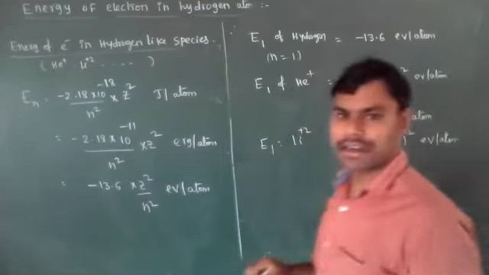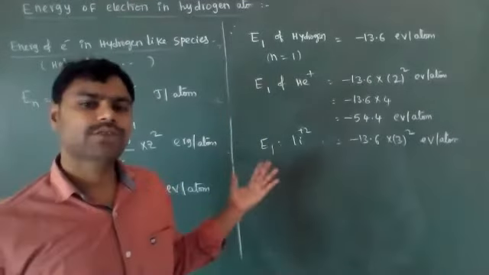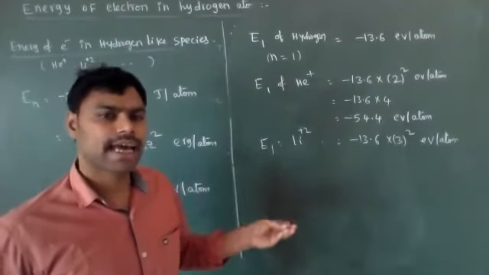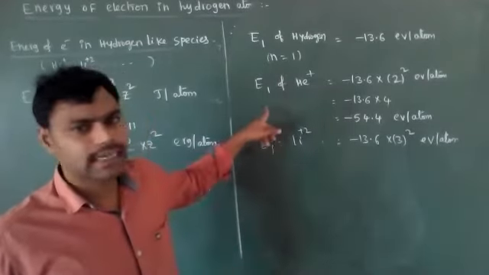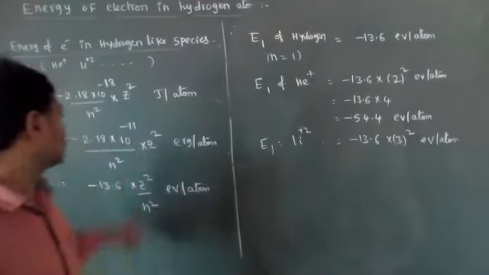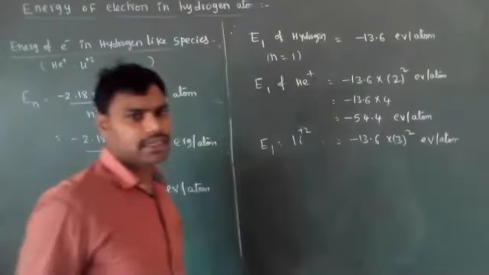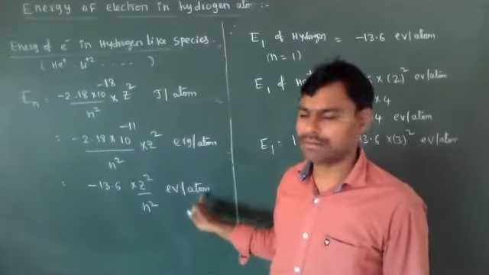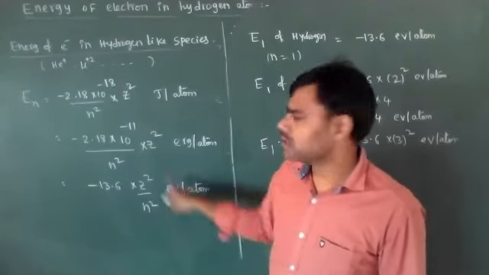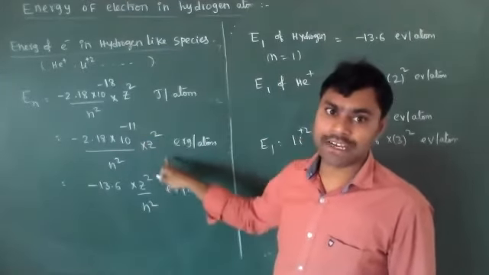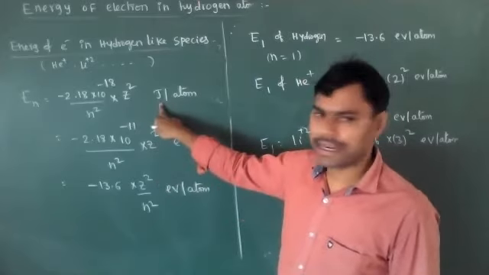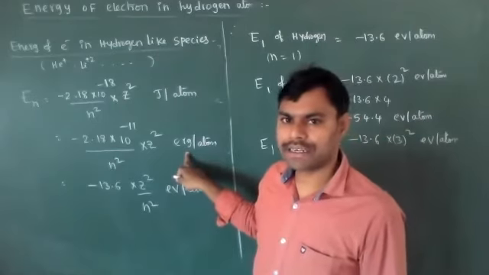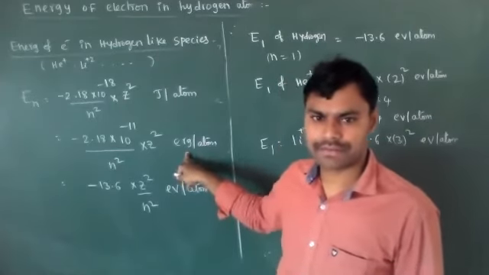So they will give some n values, maybe n is equal to 1 or 2 or 3 or 4, 5, 6. In those orbits the electrons are present, then we need to calculate the energy. In that case these formulas will help. Units are also important. They will mention mostly electron volts per atom. You have to remember more and more. Joules and kilojoules, if you remember joules you can remember kilojoules. Then ergs we can remember very easily because 1 joule is equal to 10 to the power of 7 ergs.